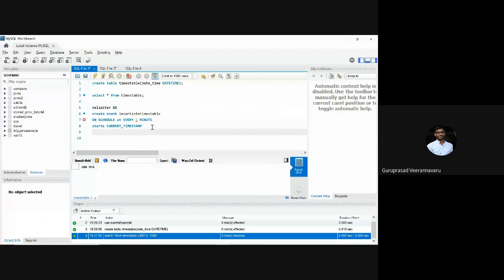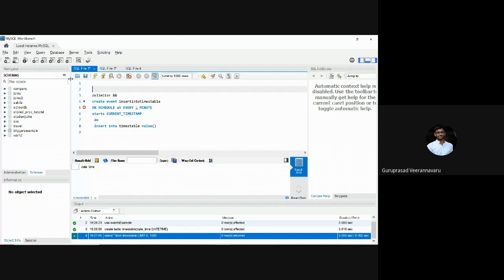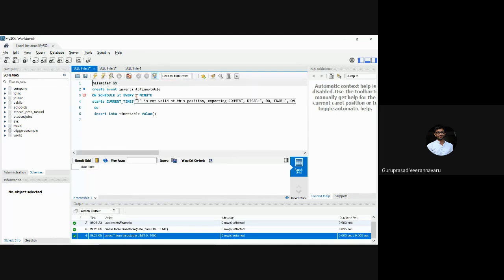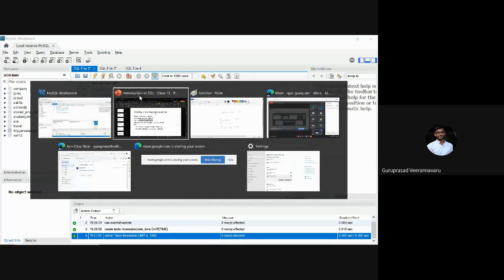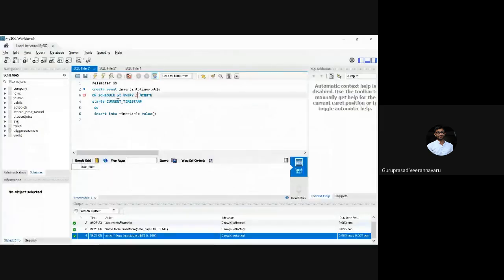We'll have do insert into the table, the table is times table, value current timestamp. Now if I do this and end,